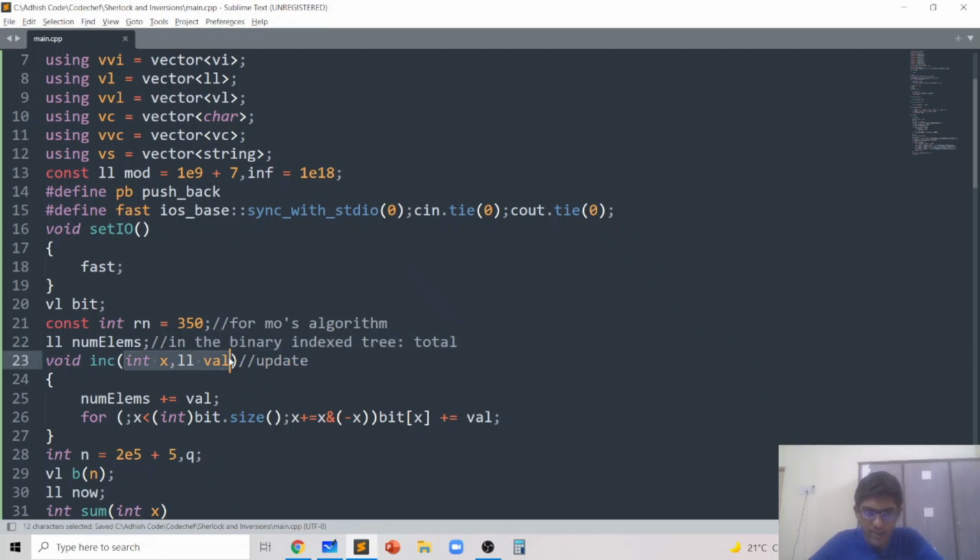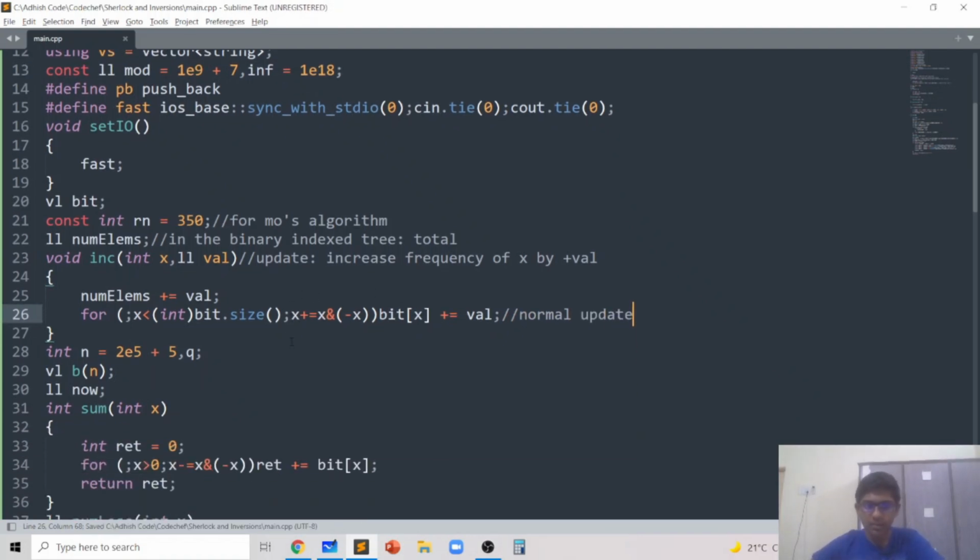We need to increase the number we update. So update increases the frequency of x by value. If value is negative, we are decreasing it, and if value is positive, we are increasing it. So we do num elements plus equals value, and we update the binary index tree in the normal way. This is the normal update.